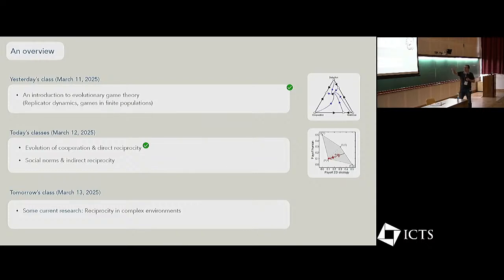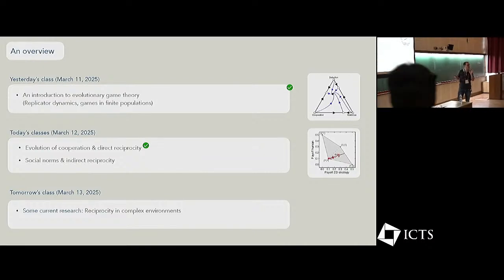All right, so the plan now for this afternoon's class is to talk a little bit about social norms and indirect reciprocity. If you don't know what indirect reciprocity is, you will know soon. Before I go to social norms and indirect reciprocity, I realize I didn't have the time to actually explain to you this figure in the morning talk. So let me just have 5 minutes in which I actually tell you what you missed this morning